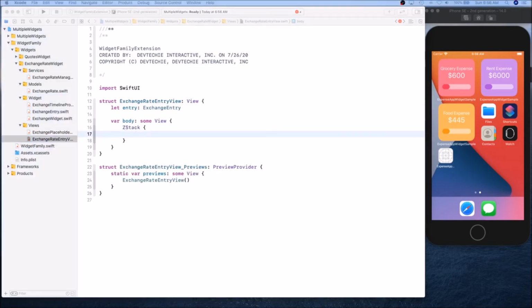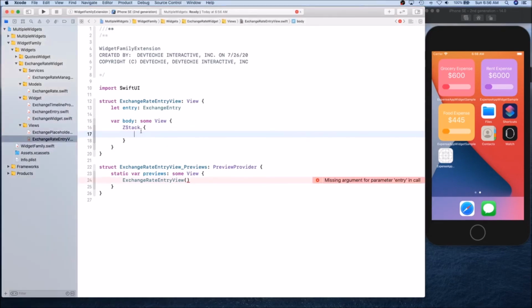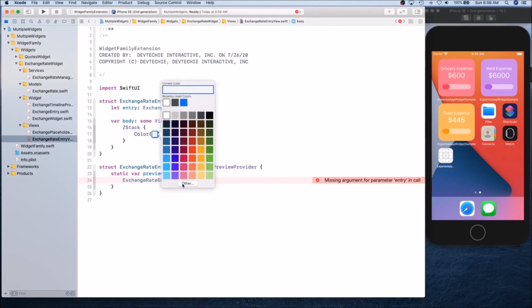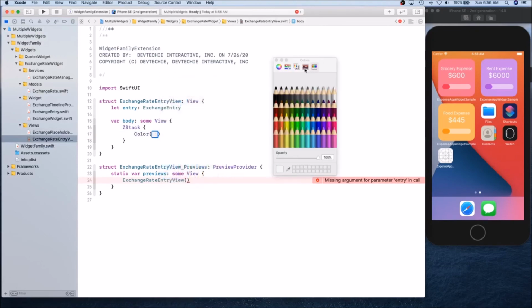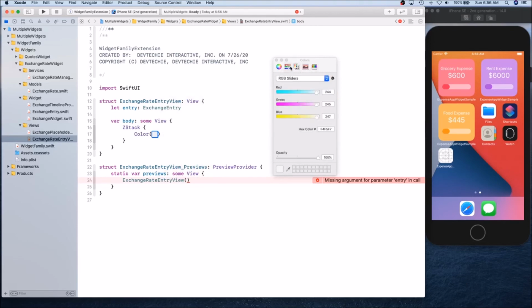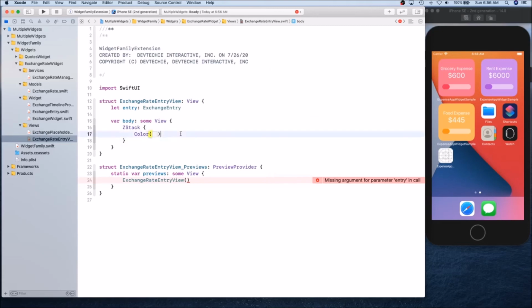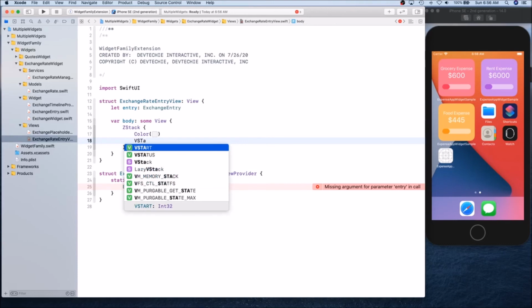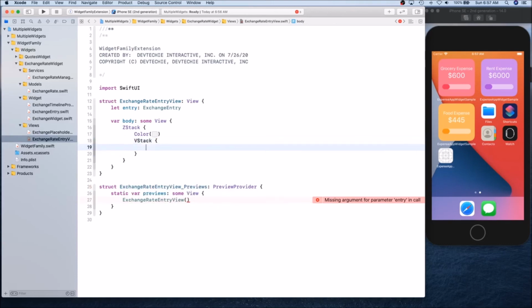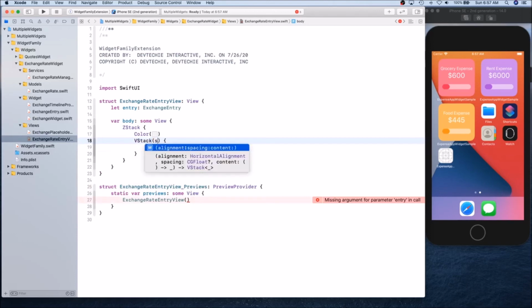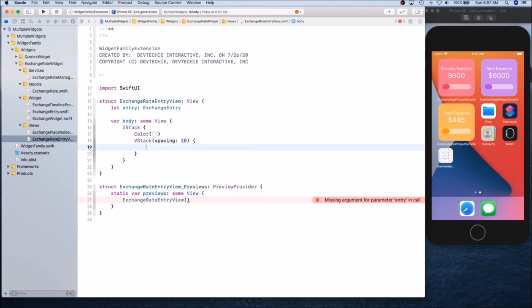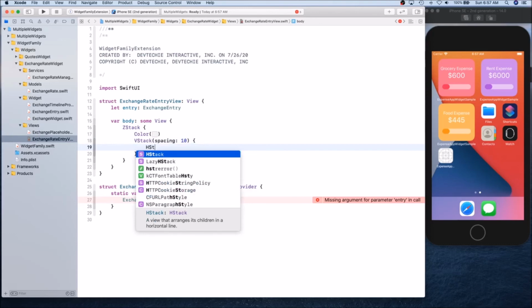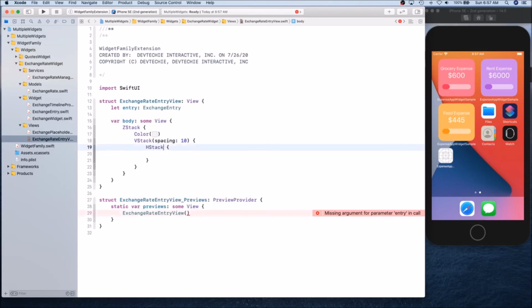Inside this z stack, I'm gonna create this off-white color. So I'm gonna copy and paste. Okay, so this off-white color. Let me see if I can get the hex value for this one. Yeah, F4, F5, F7. Okay, so that's the hex value. And then you have a v stack. Let's get some spacing, about 10 points. And let's get an h stack as well with spacing